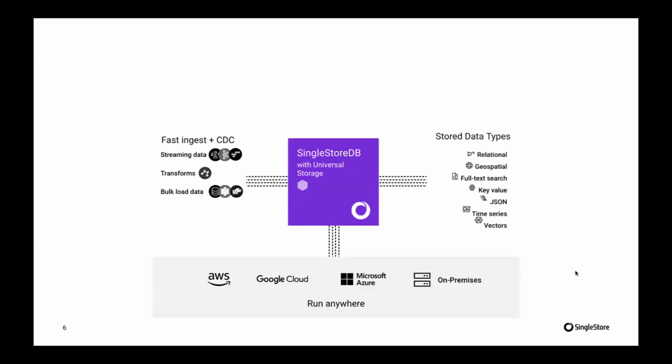The product itself supports a variety of data types. So yes, it has its roots in relational technology. But we have covered in the past things like geospatial, for example, and time series data. I did that not too long ago. We have the Lucene full text search engine built in. JSON support has been there for quite some time, and that's got even better with SingleStore Kai, which is now